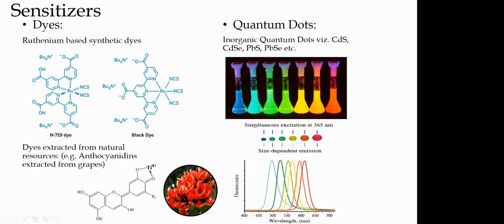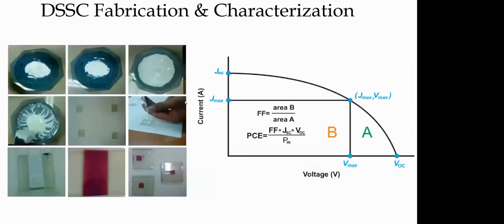And these are solid state, so they do not degrade as fast as these dye molecules. So if I can use a quantum dot sensitized solar cell, then there is a possibility that I can increase the lifespan of my solar cell. And that's what people have tried as an alternative to dye-sensitized solar cells: quantum dot sensitized solar cells.